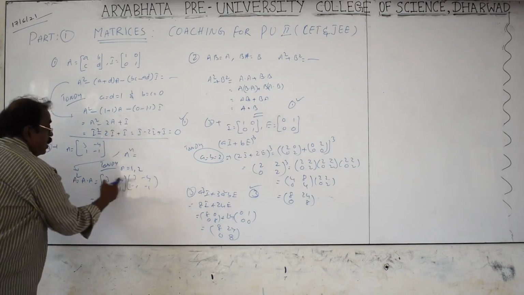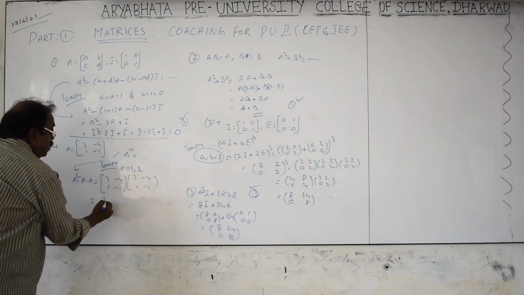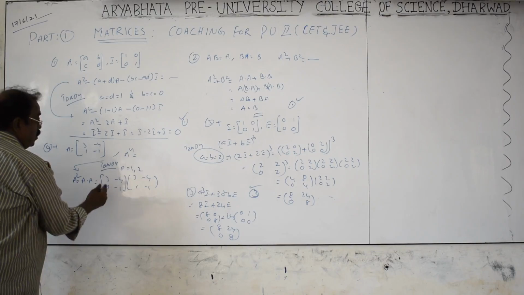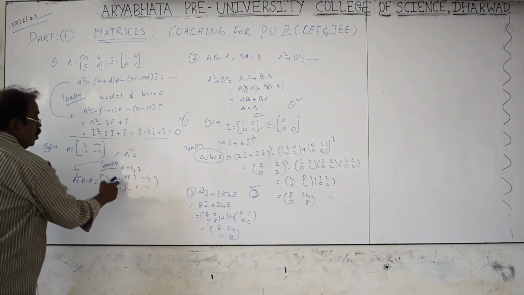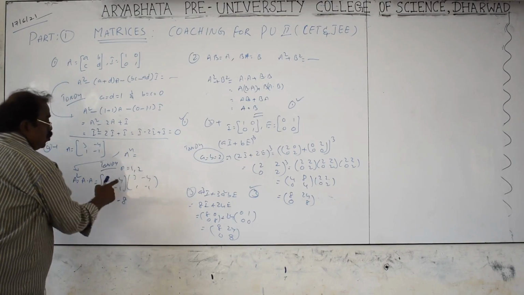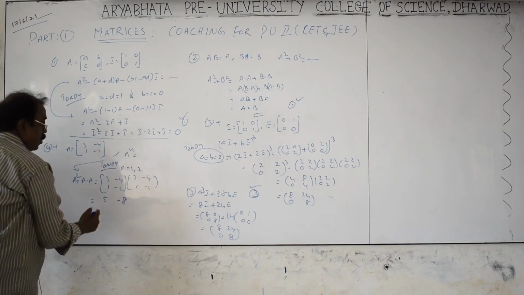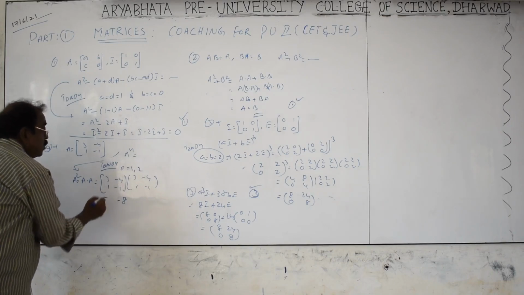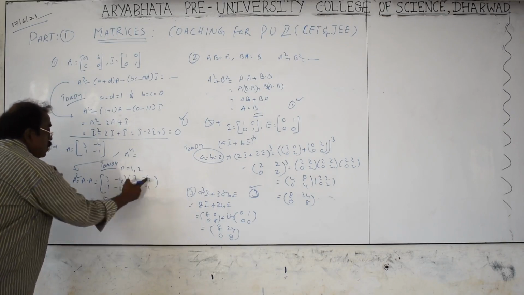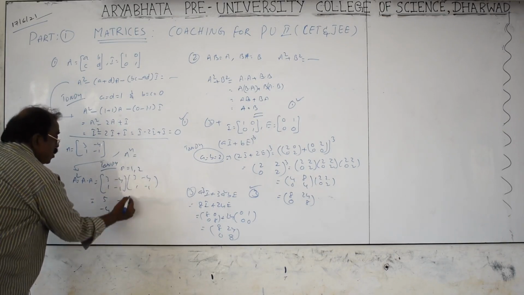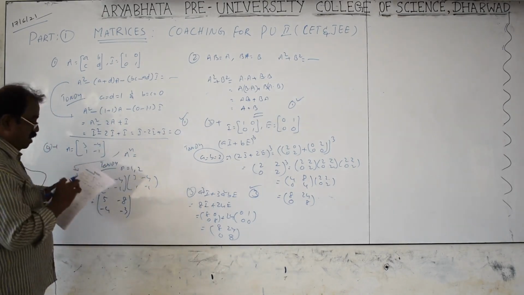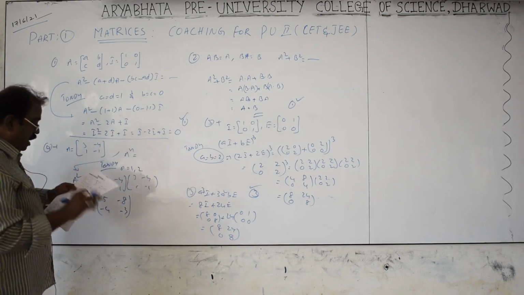It is 9, okay? 9 minus 4 is 5. 3 into 3 is 9, 4 into minus 1 is minus 4, 9 minus 4 is 5. Minus 12 plus 4, minus 8. 3 into minus 4 is minus 12, this is plus 4, so it is minus 8. It is 3 minus 1, minus 4. It is minus 4 plus 1, minus 3. It's correct? You see now. Okay? Now the same n is equal to 2, we substitute in the options.